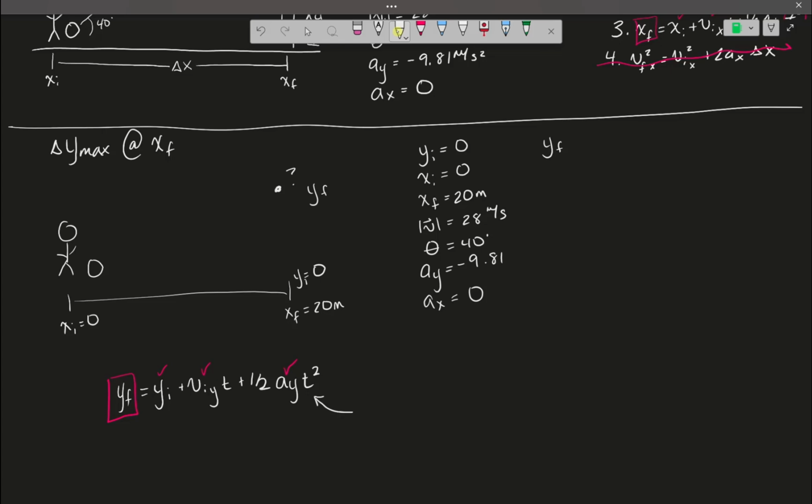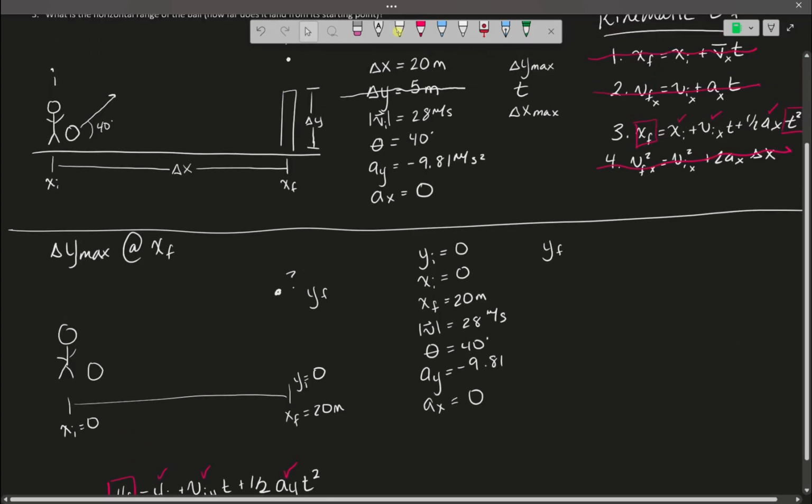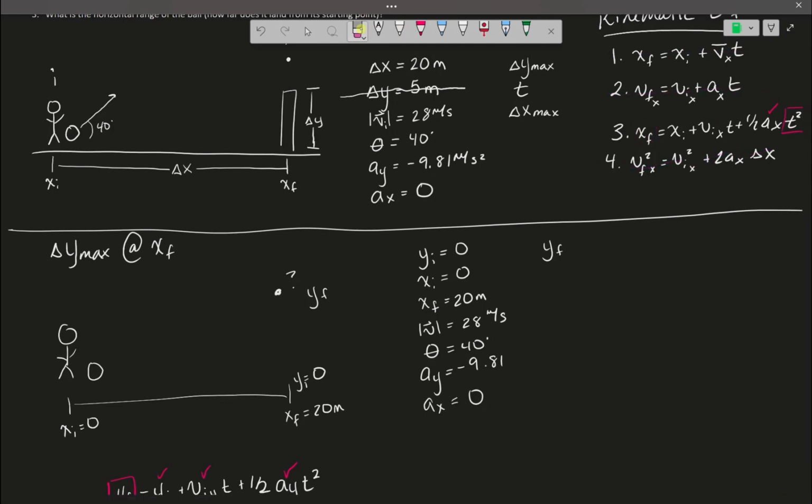So I do have my change in position in the x direction, I have the acceleration, and I have the initial velocity in the x direction for this object. So I want to figure out which one of these equations is going to be the easiest for me to use for the x direction. Well,